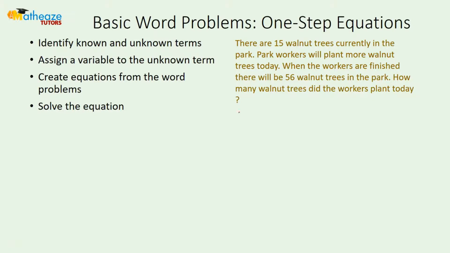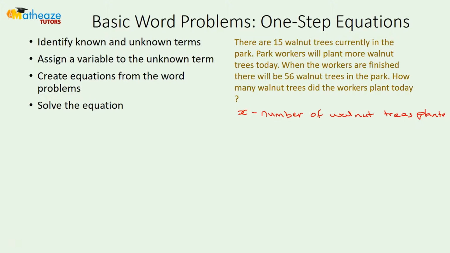So x is the number of walnut trees planted. Now there are 15 currently, and there's a certain number that got planted, and that should give us 56